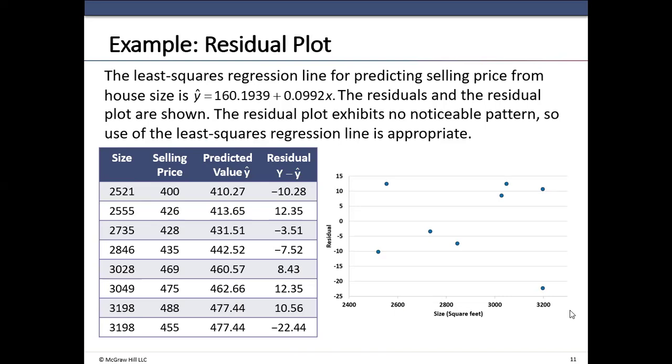to 0.0992X plus 160.19. Now that it has already gotten the least square regression line, if we go to the next step, what